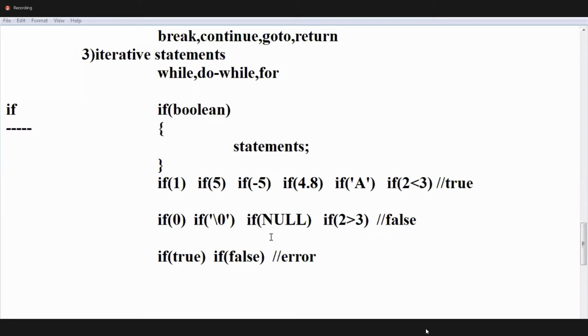We write some examples on if else and everything.